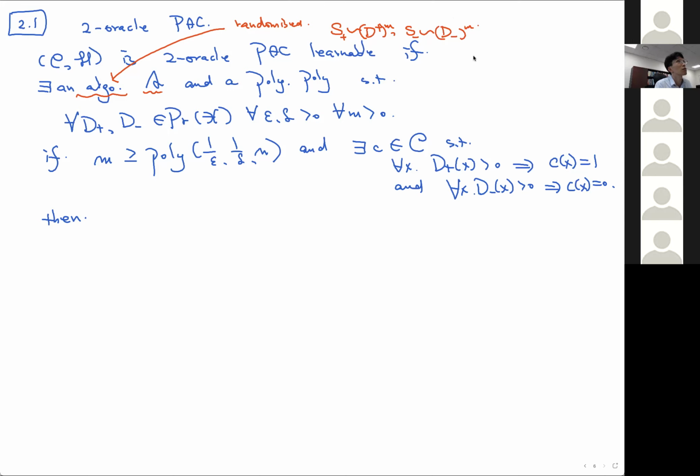Then the guarantee says: the probability over S plus, which is sampled from D plus of M, S minus, sampled from D minus of M, and also the randomness of the algorithm,